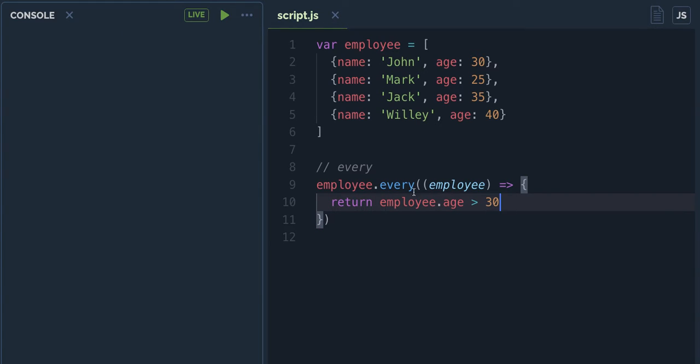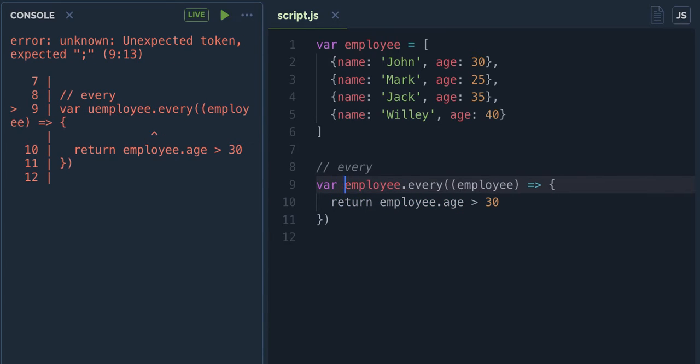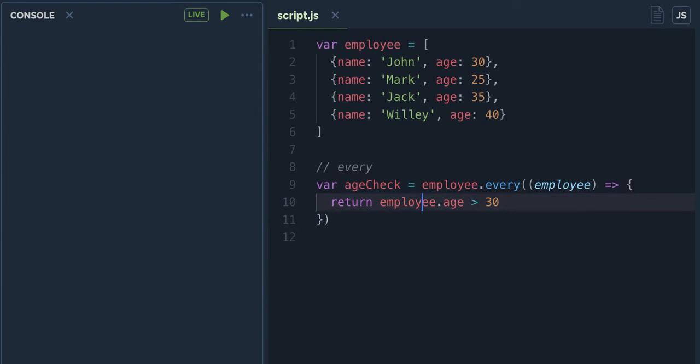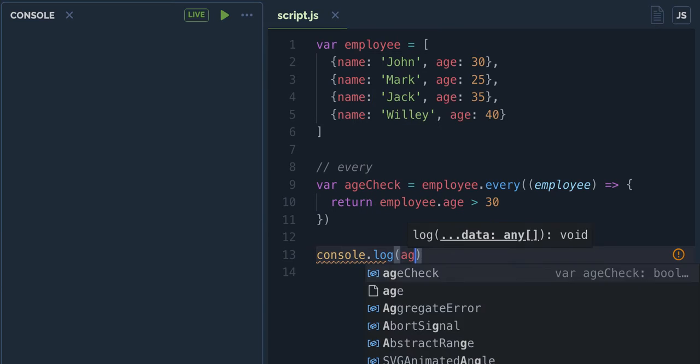If the employee age is greater than 30 for all of the objects inside, then it returns true. I'm storing this inside var ageCheck. Okay, and if I print this with console.log ageCheck,